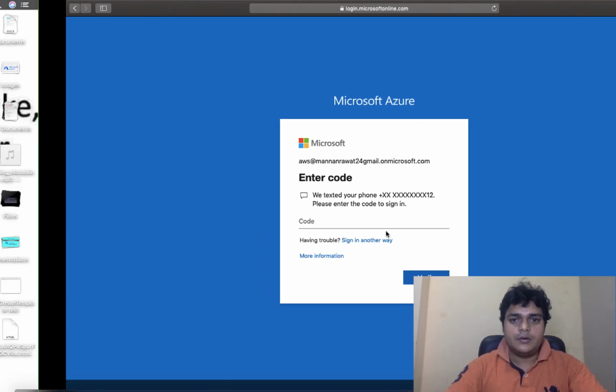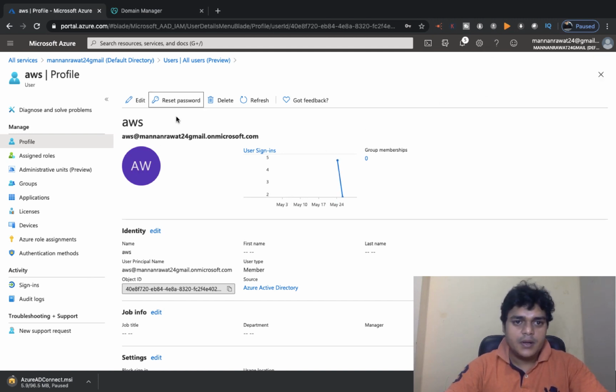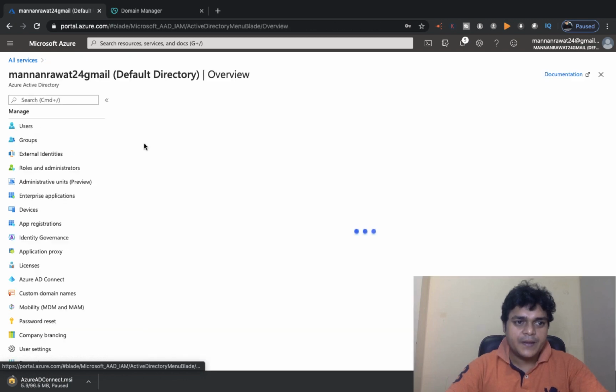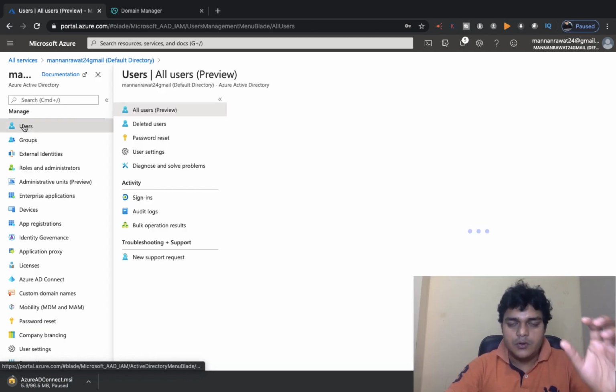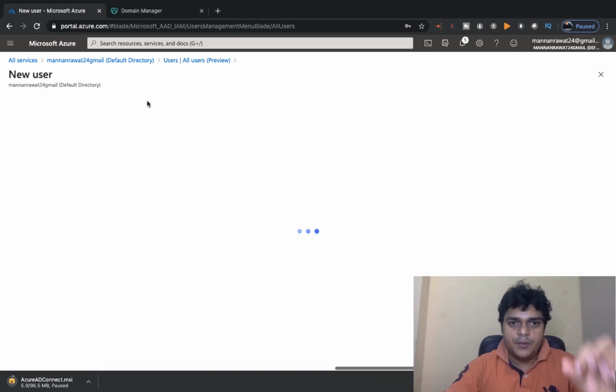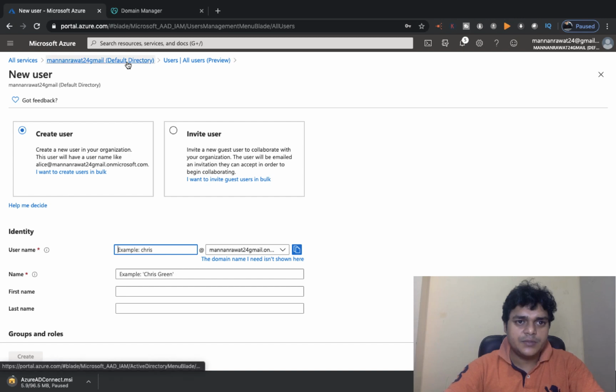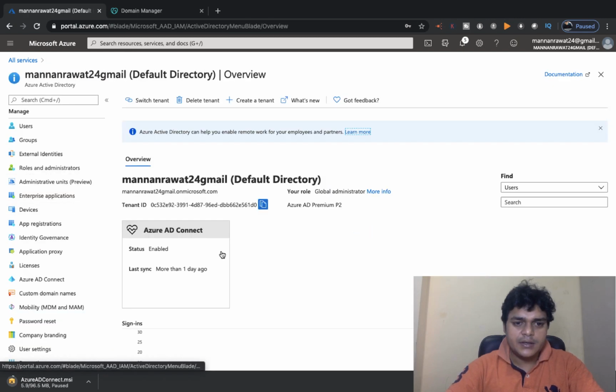Okay, do one thing, I'm just going to create a new user because this creates a problem. I did not bring my mobile phone, that's why I'm unable to find the code. So that's why I'm going to proceed to create a new user. It's good for you all. I'm going to create a new user. We already created one user with the name of